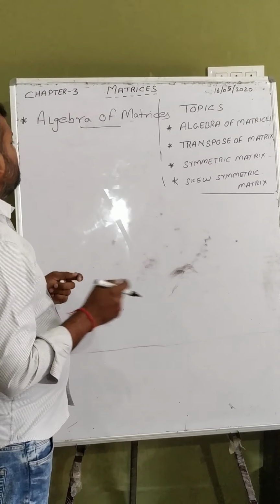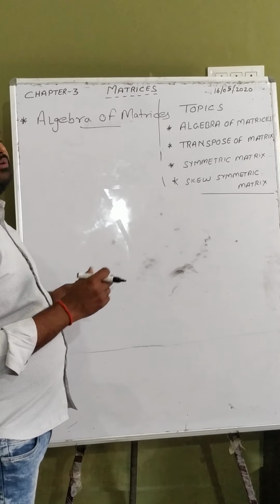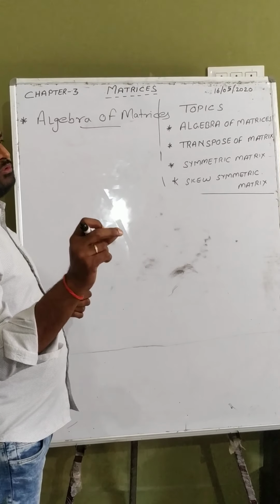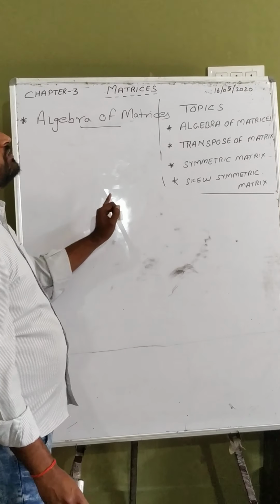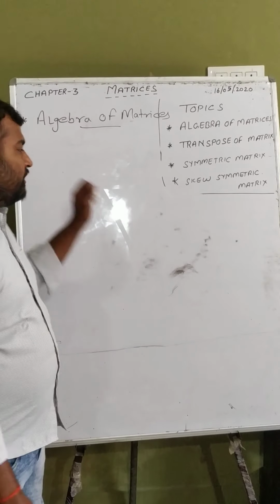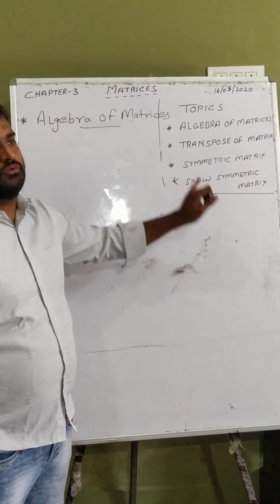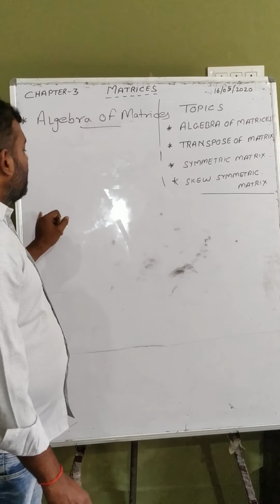The next property was additive identity. If A is a matrix, then if we add a certain matrix we get the same matrix: A plus 0, where this 0 is a null matrix. A null matrix is a matrix whose elements are all 0. Then A plus 0 or 0 plus A equals A. The last point was the additive inverse.